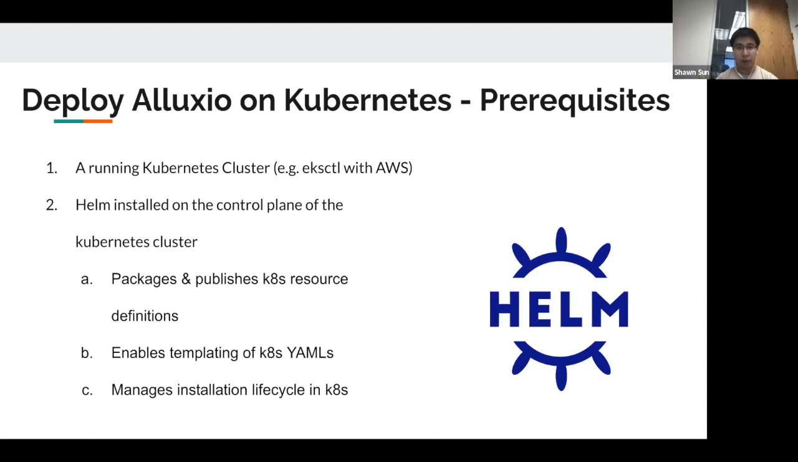Helm is able to package and publish Kubernetes resource definitions and enables templating Kubernetes YAML files. Without Helm, what you will need is not one, but a bunch of YAML files that consist of every single resource of the Alexio cluster, and there are probably tens or even hundreds of lines you have to come up with to start your cluster. But with Helm, you only need to specify a very small subset of them, and then the templating will populate all the configurations you configured into the pre-generated YAML templates so that you don't have to write every single